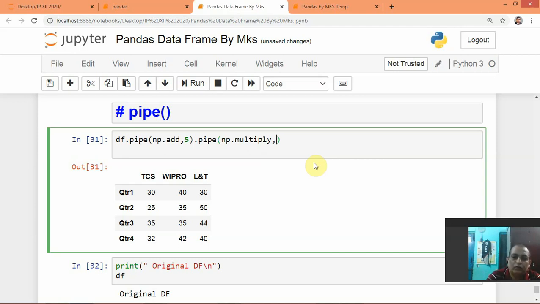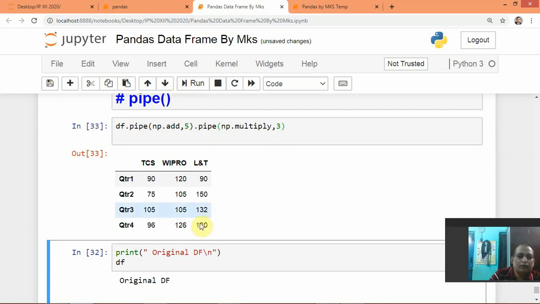So we will give it like this: pipe add 5 then multiply by 3, means first do this one, and whatever the result is will go to the second one. So what output will it give, we will see first.